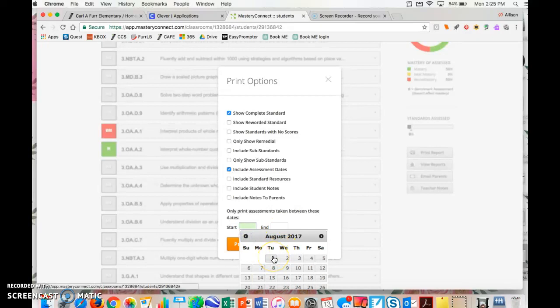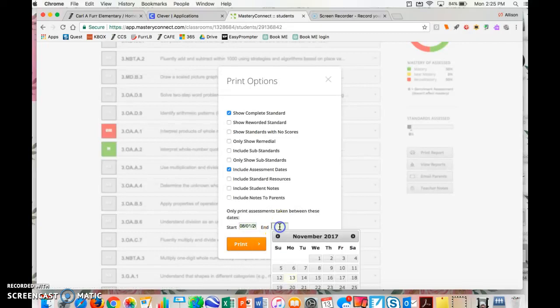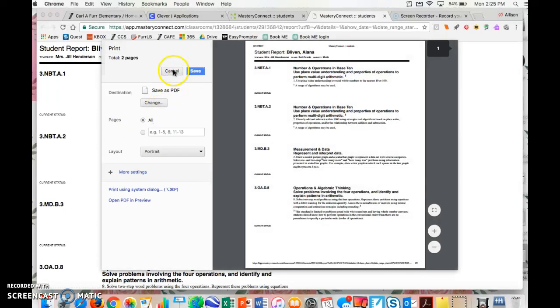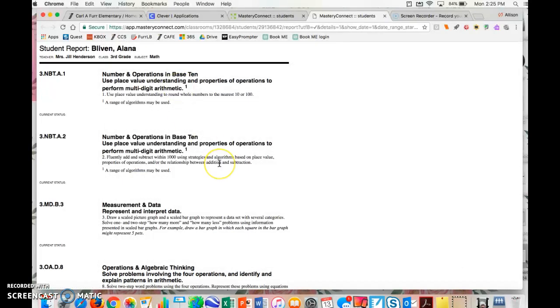If there's a range, if I want to focus on a specific quarter within the school year, here I'm just going to select all dates that I know will cover everything. A date in the past and a date in the future, and click Print. It'll bring up the print dialog box, which you can currently click Cancel on, and that allows you to view